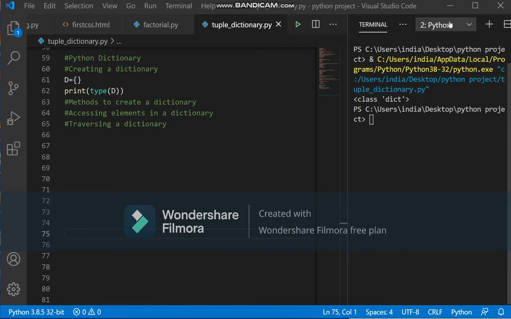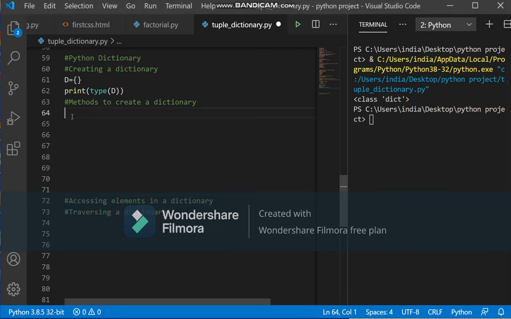Now the next step is to create another dictionary with some content using the key value pair. Key value means that associated to a key there will be a value we define. D2 is equal to curly bracket. Then here we provide the items. The first item of this dictionary is 1:1. It means you have key as 1, and when you try to print 1, the value ONE in words will be printed. The second item is 2:2, 3 colon in quotes 3.